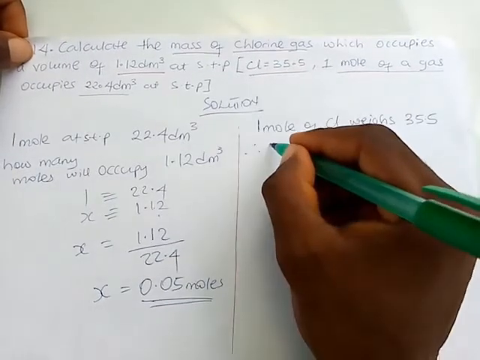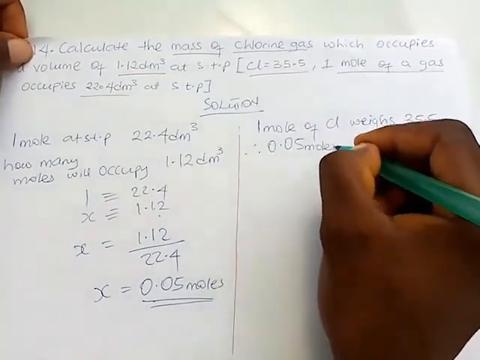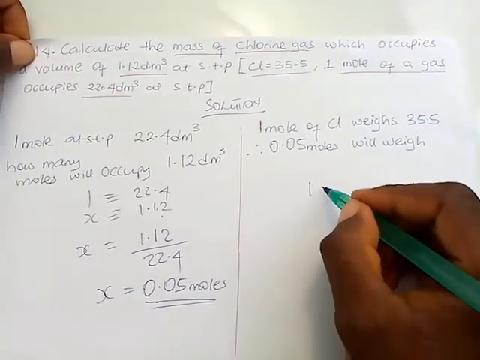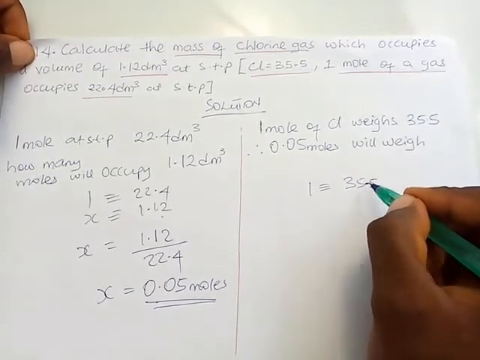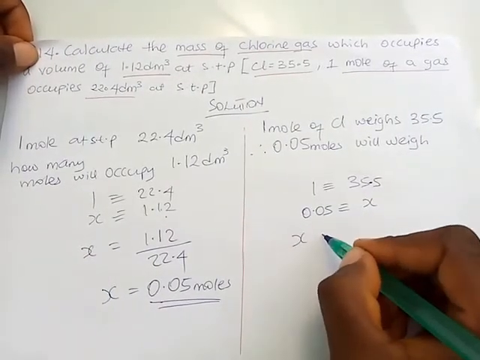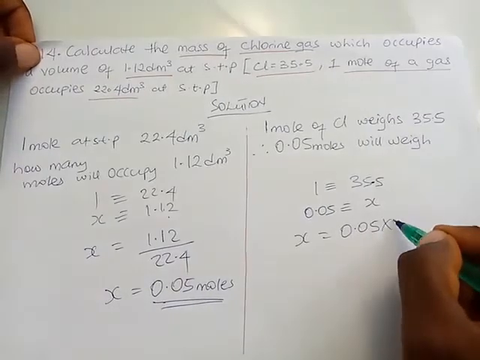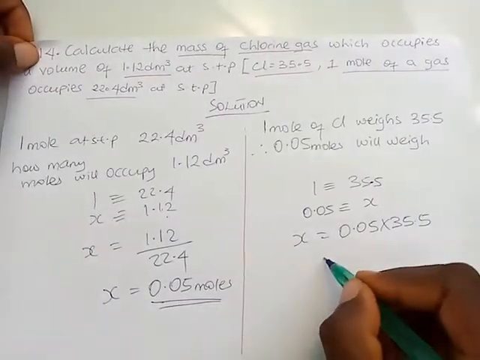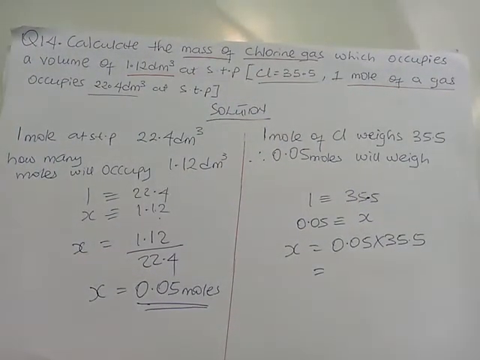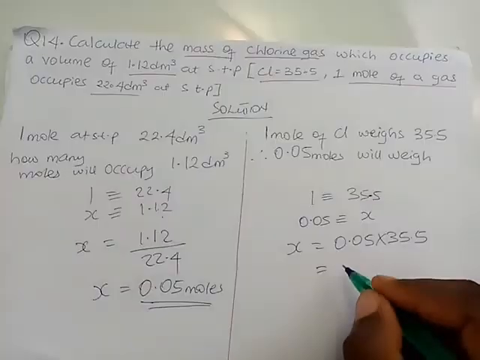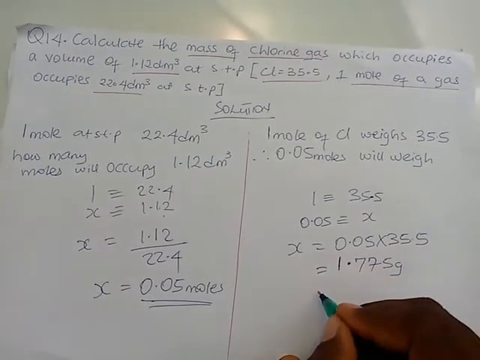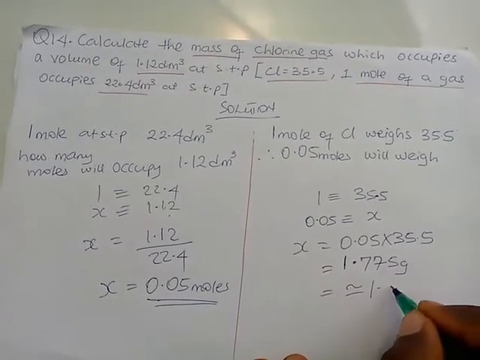Therefore, 0.05 moles will weigh, we'll have the 1 from 35.5, 0.05 equivalent to the unknown. So the unknown, that's x, is equal to 0.05, which is approximately 1 point